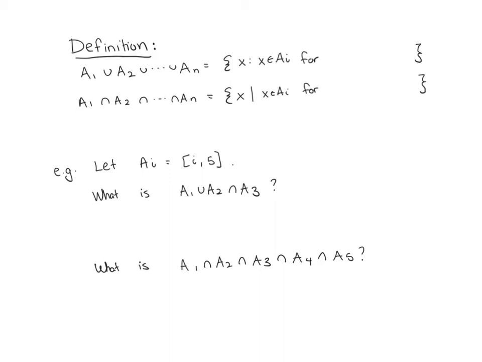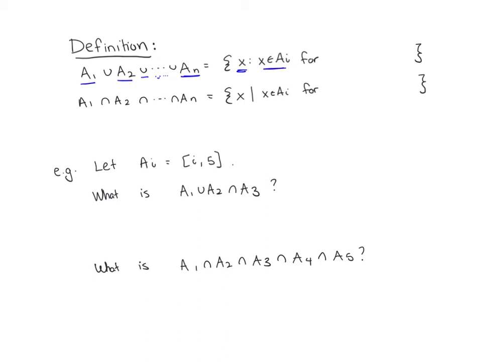All right, so I can do A1 union A2 union, keep going, all the way up to A sub n. So we're just going to assume that we're going to use all of the numbers in between there, up to n, all of those positive integers. And we know that an element in the union is in one of those sets. So what I can say is that this is going to equal the set of x such that x is in A sub i,